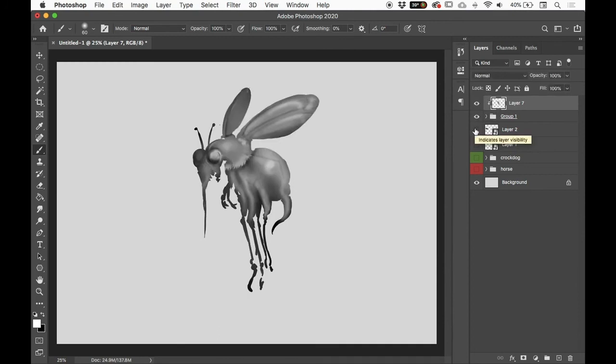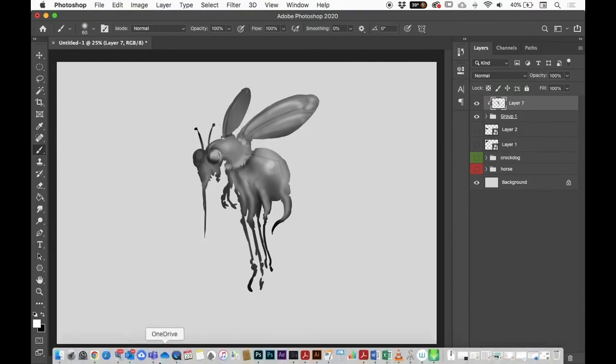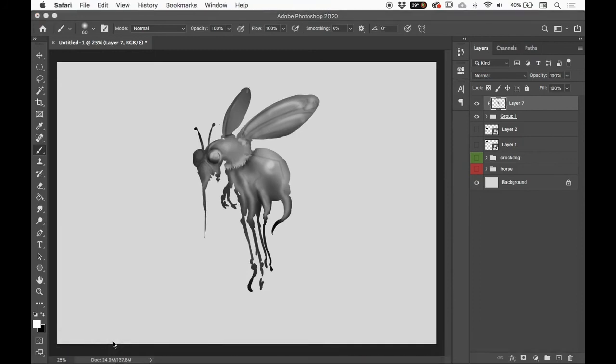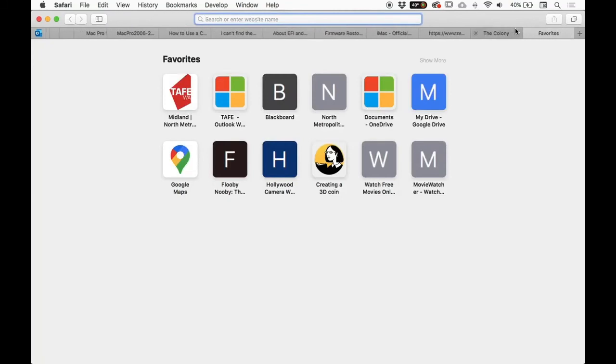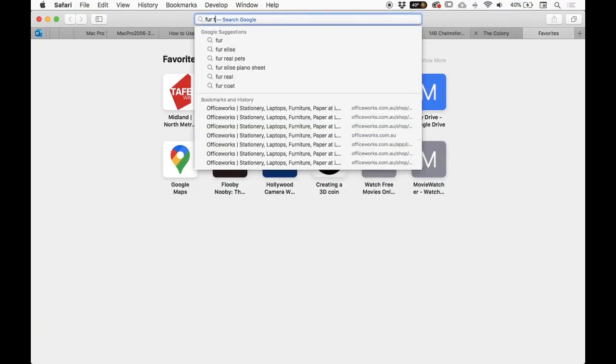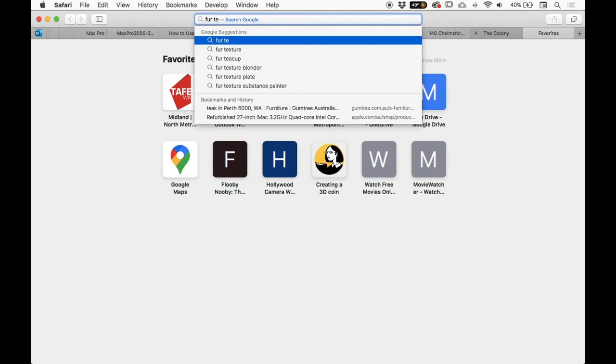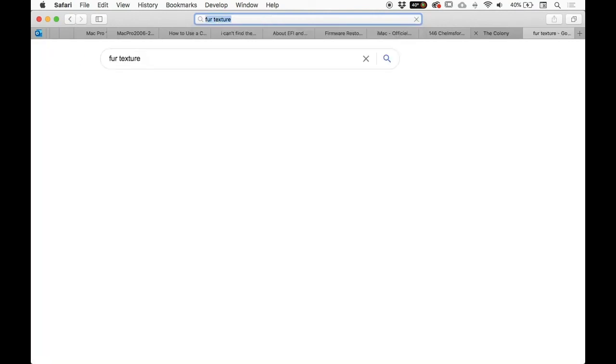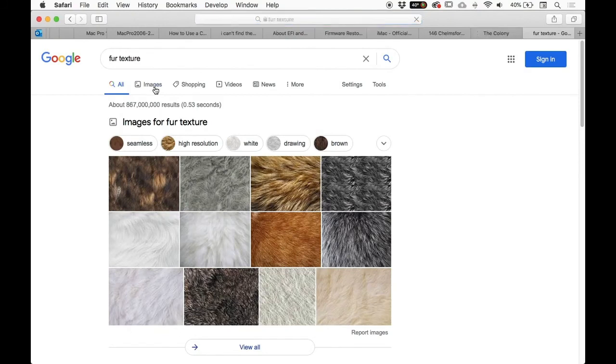Alright, let's actually talk about a few other really cool things for adding to your character. Now I'm actually going to jump online for this, and I'm just going to open up Safari in this case, and I'm going to type in fur texture. Nice. Now ordinarily I'd have this done beforehand. I'm going to hit images,